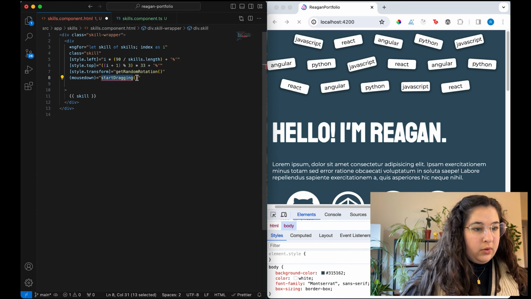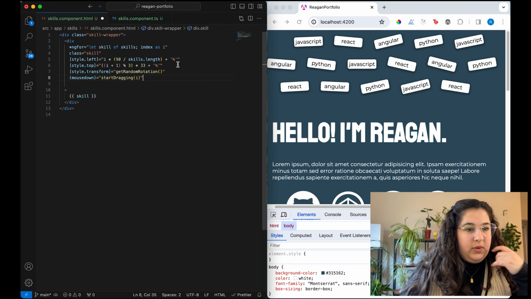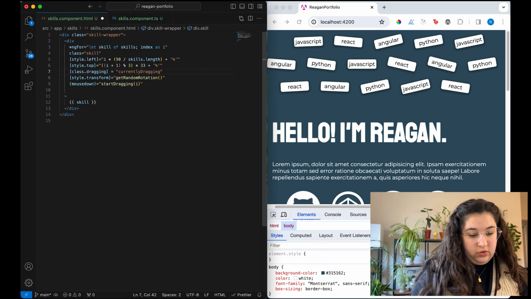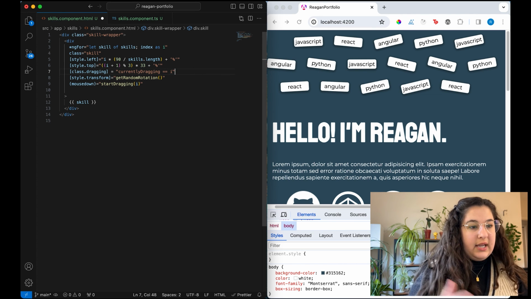And then back here, we would pass it the index. So we could give that a class. We could do class dragging equals if currently dragging, which if we set it to the index is this same index, then we should add